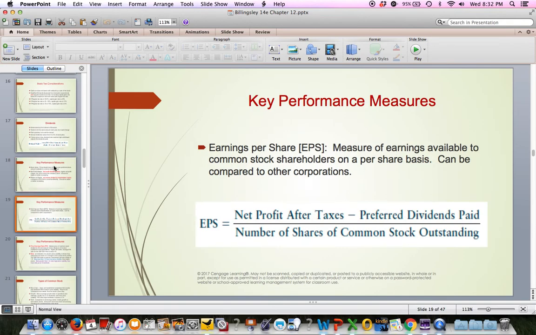Another ratio to think about is earnings per share, or EPS. You can see the formula here. You're taking profit after tax, subtracting out preferred dividends, and dividing that by the number of shares of common stock. And this is a required disclosure on financial statements that companies have to provide and issue. But it basically just says if you own a share of stock of that company, how many earnings belong to you. Now, they won't be paid to you necessarily, but you can kind of just say this stock represents X dollars worth of earnings.